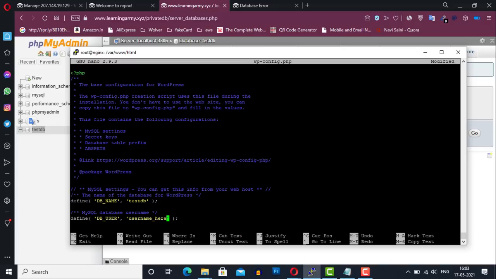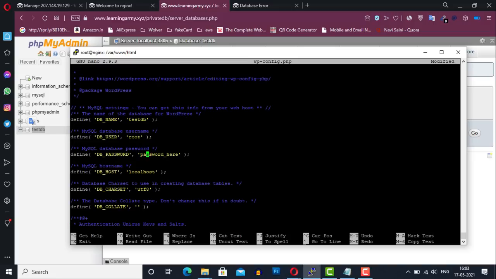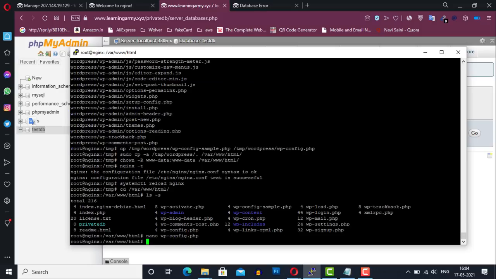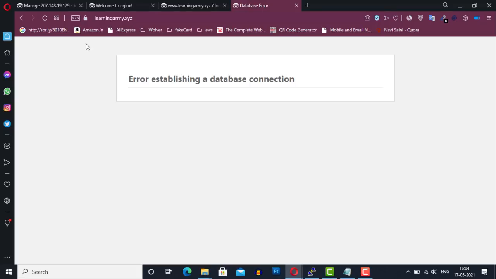Currently we are using a root account, so enter root in this field. In the password, enter your database password. Now save this file and reload the website again.